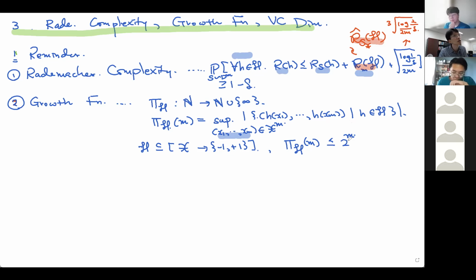In some sense, if the growth function for every m is exactly the same as 2 to the m, that means our hypothesis class is very expressive, which may be a good thing or a bad thing. In terms of expressiveness, it's a good thing. In terms of computability and getting guarantees, it's a bad thing, because it's unlikely that we can get some benefit from good results about